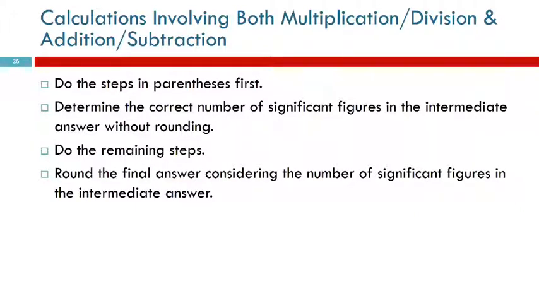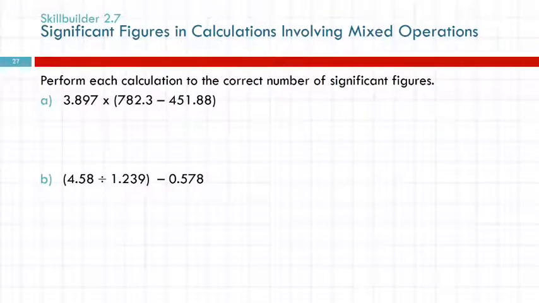Sometimes we have calculations where we've got both types of operations. So there what you want to do is follow orders of operation. If there are parentheses, you're going to do what's in the parentheses first. That'll give you an intermediate value. You want to look at the intermediate value, perhaps write it down, figure out how many significant figures it should have, but do not round it. Use the whole thing, finish the calculation, and then look at rounding the final answer. So this really requires